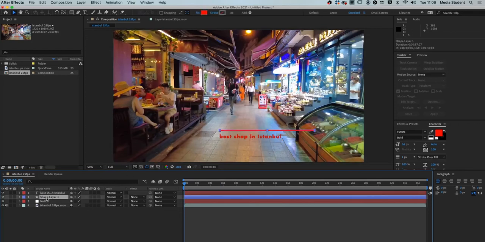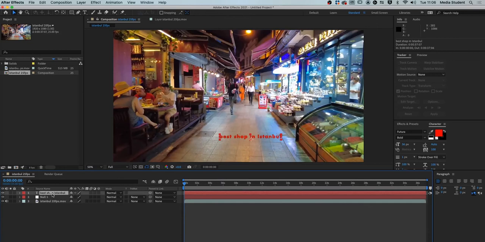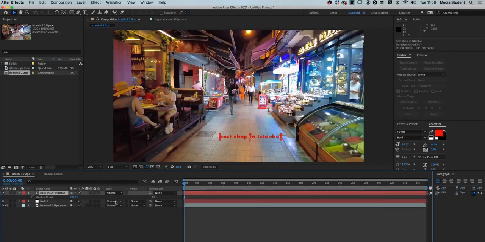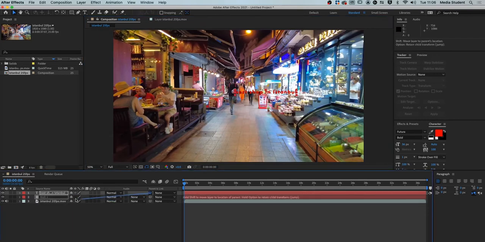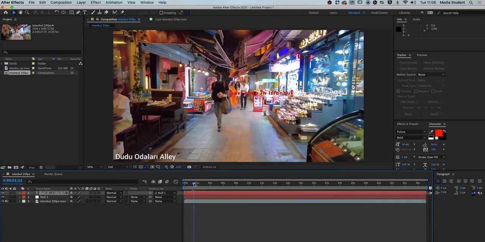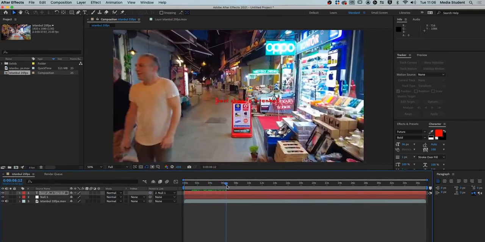So I might just get rid of the shape layer. It's a bit distracting, and just keep this about the text. If I press A on the text, I can reposition it, and I can do this after I pick whip it or before. So let's pick whip just the text to the null, and then we'll walk down the street,